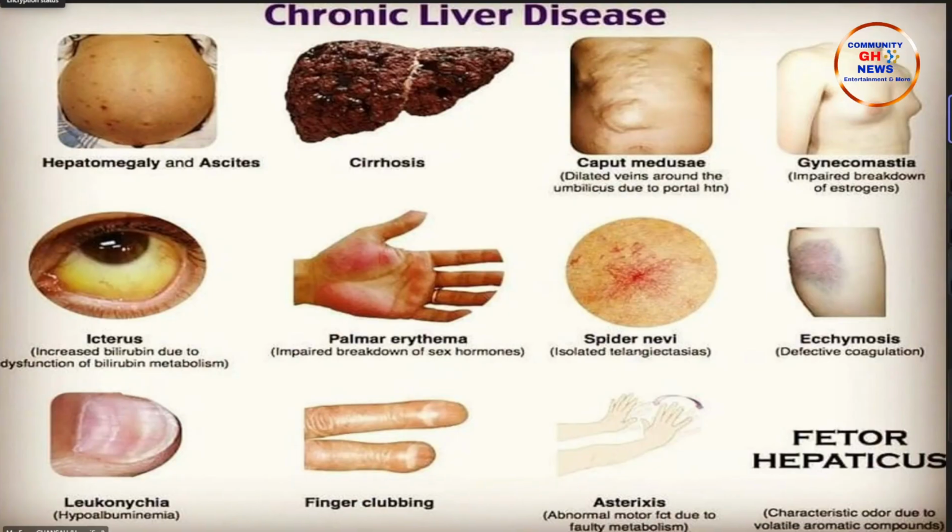Also, if you're a male, because of, as I mentioned, obesity being a cause, there will be a lot of production of estrogen, which is the hormone for females, in you. It will cause you to have something we call gynecomastia. So your breasts become big, like those of a female. And as I mentioned, you have the jaundice.